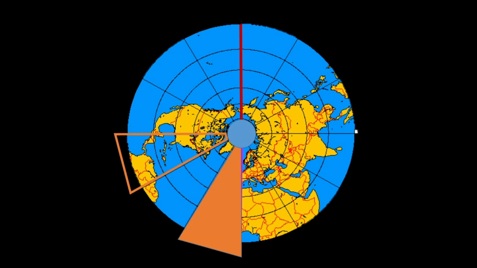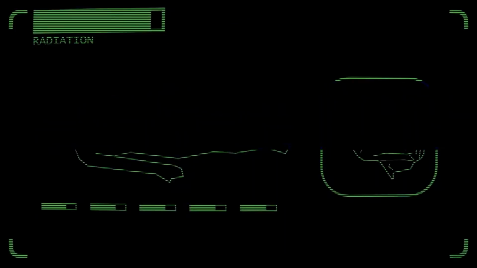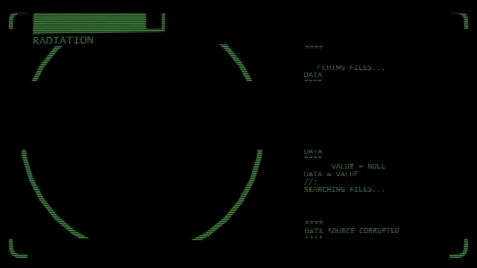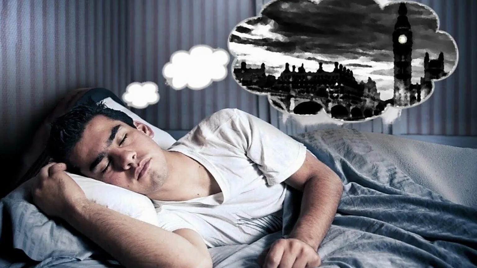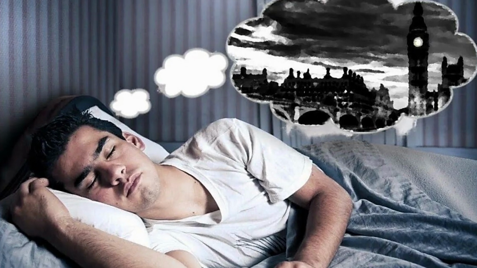However, it is impossible in principle to collect all the information from one person in a single viewing. For example, additionally, the Kailas control complex for control purposes removes part of a person's brain for a long period and performs a comparative analysis with a given program. And during this time, the person sleeps. During the control period, they are shown a new video film, perceived as a dream.